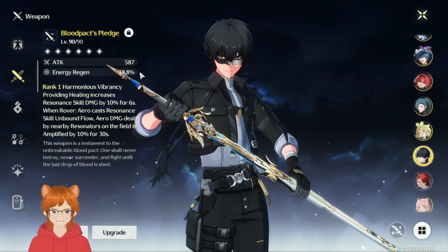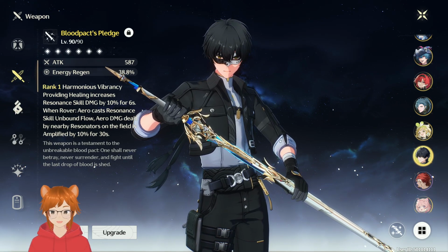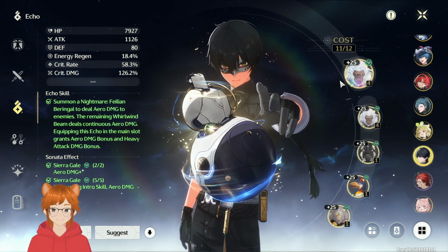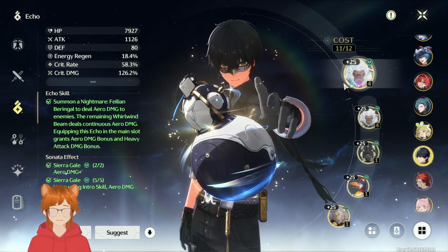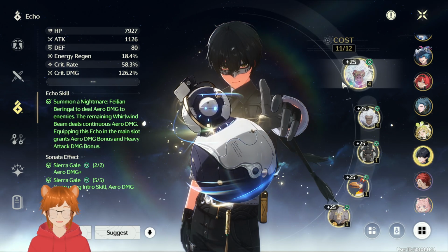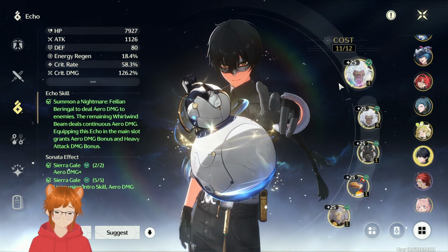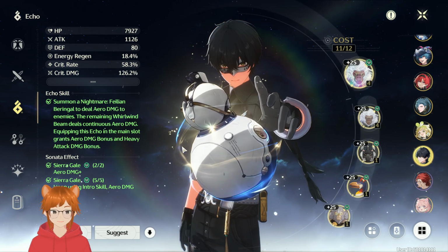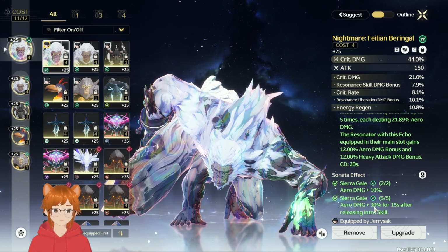Considering the fact that I am using a Blood Pact Edge. Now that is because for the video that I did, I do use a normal arrow set, the Sierra Gale. Unfortunately, once the new set arrives alongside Cartethia, this is going to be replaced eventually, mainly because it's basically an upgraded version of Sierra Gale with the same amount of arrow damage bonus in total, but an